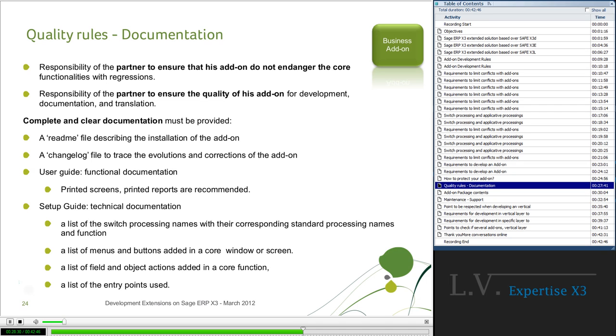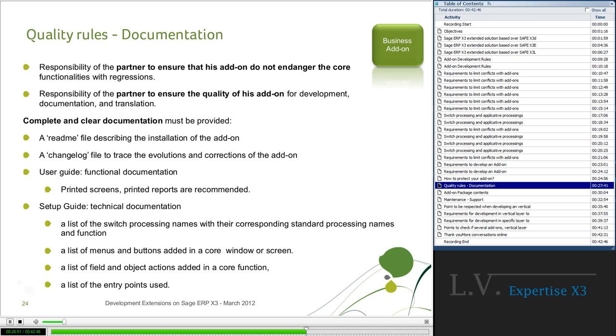Talking about documentation, this should be provided in different parts. The first one is a README file, which should briefly describe the installation method of the add-on.